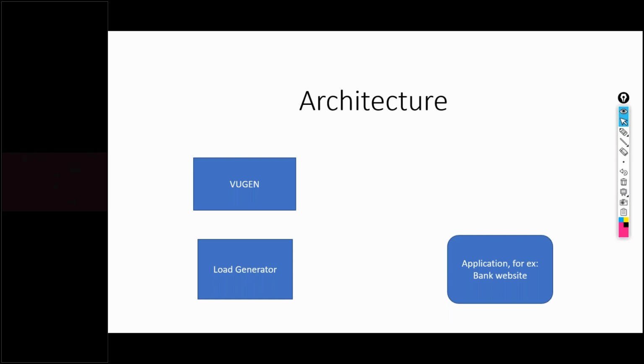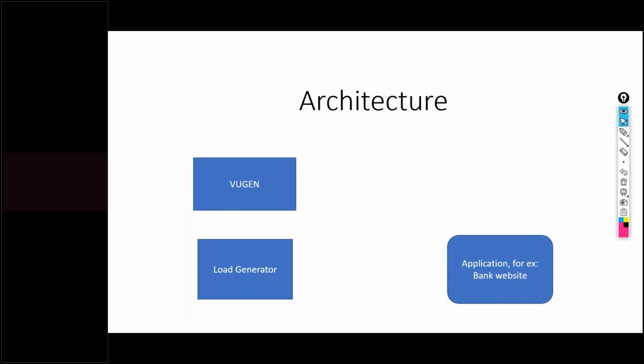For the critical scenarios. Generally, we do performance testing for critical scenarios. So for a bank, what are the critical scenarios? Of course, transfer money is one of the critical scenarios. If the user is unable to transfer money, the entire bank application will collapse. The bank itself will have to face so many problems, right? If for 1 hour the users are unable to transfer money, imagine how much loss the bank has to face. Because it is that critical, the performance should also be that important. So the Vugen component will help us to record or generate a script for those kinds of functionalities, and help us